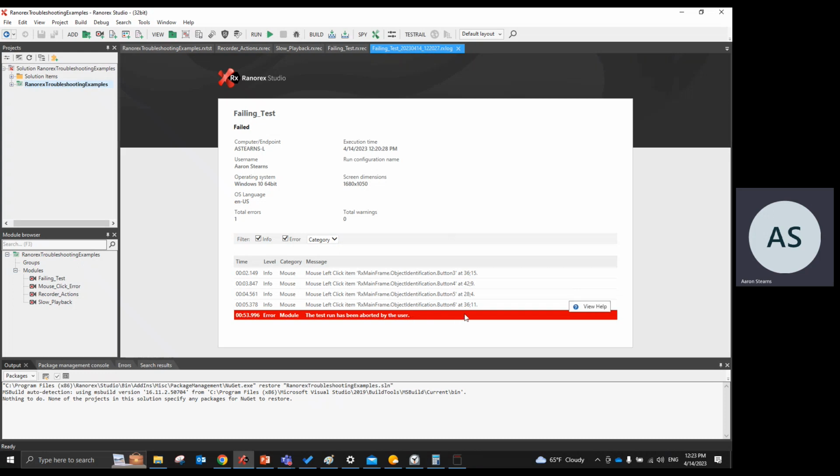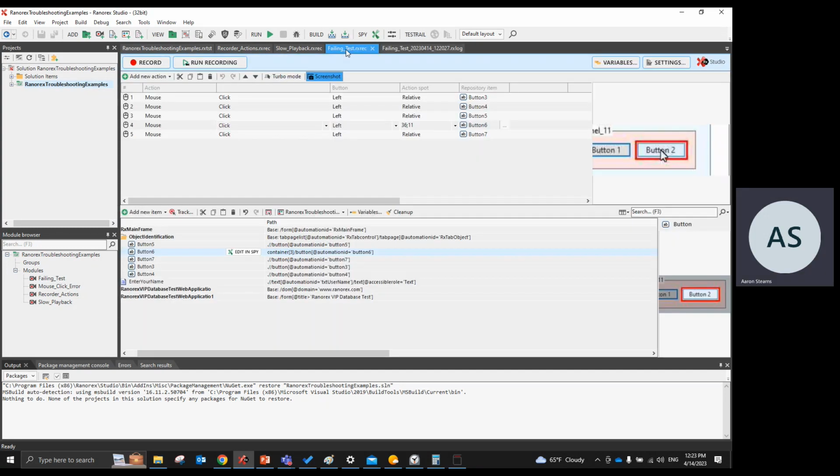So okay, that gives us a clue. Button 6 is an element that we need to go take a look at. So let me come back here to my repository, and I can see that we have all these button 5, 6, 7, all these. Let's take a look at button 6 and take a look at the paths for each one of these buttons. Now, all these paths look very similar. Button automation ID and then its value button 4. Same thing here, button automation ID button 3, button automation ID button 7,